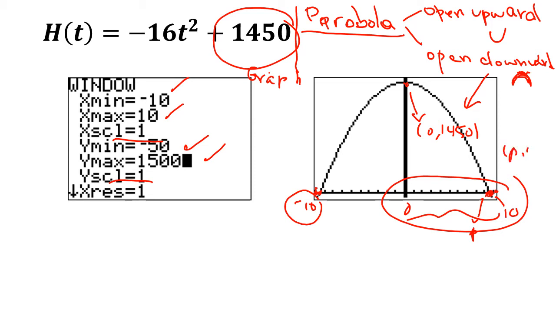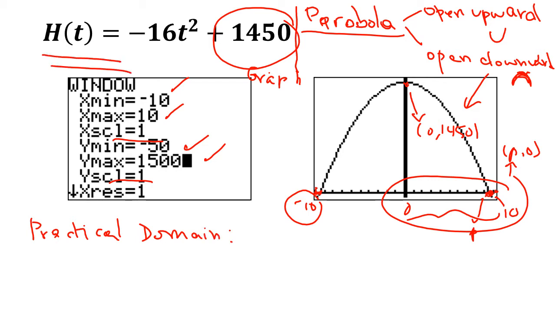So this P is the x value where y is equal to 0. So the practical domain of H of t, remember that H of t is the function that gives me the height of the ball. The practical domain for H of t would be t between 0 and P, where P is the value when H of t